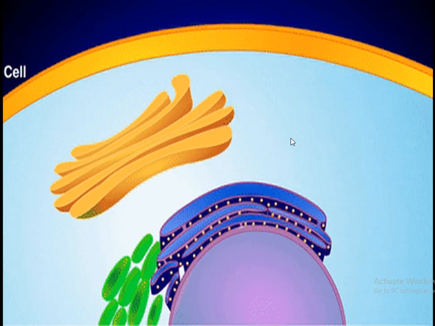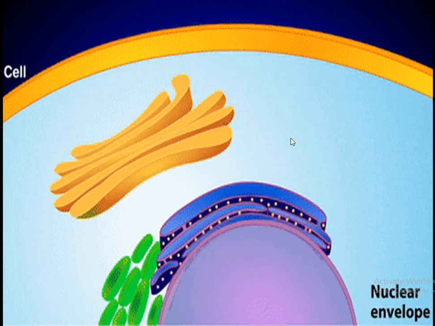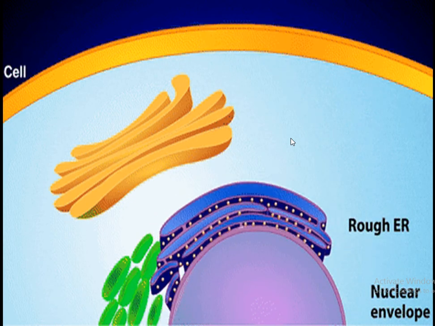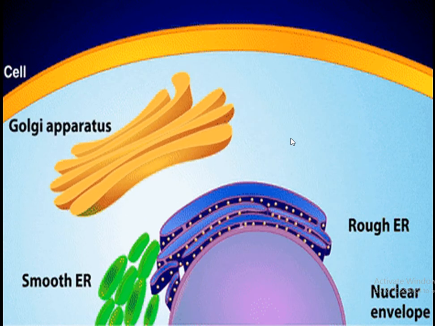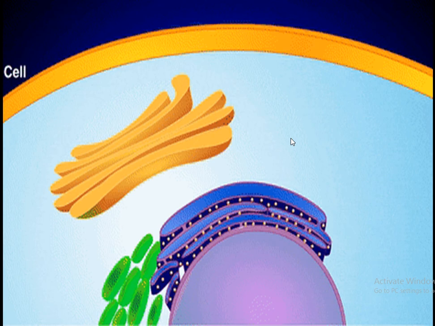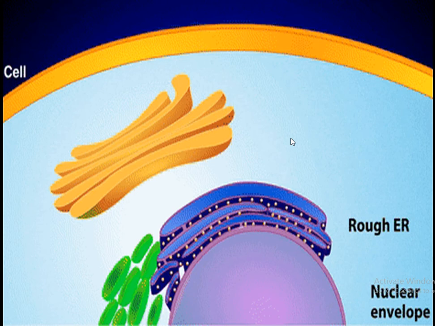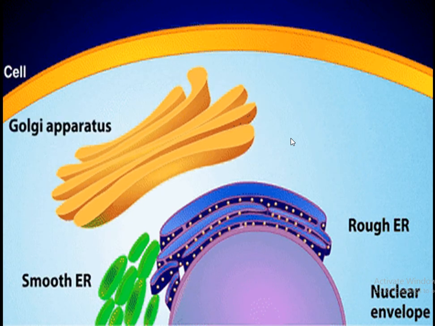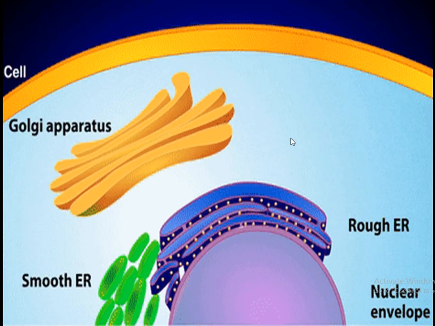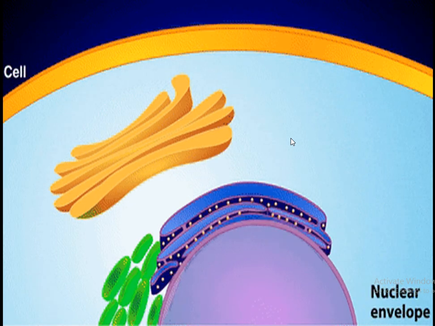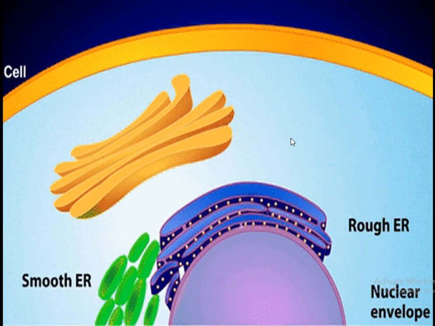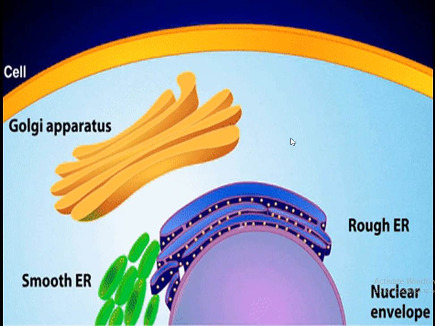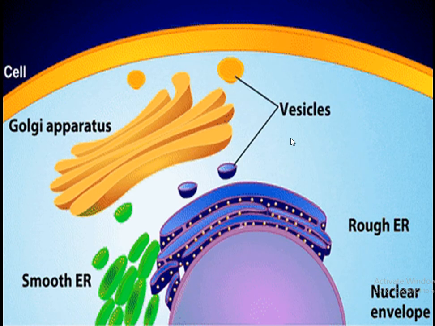In the next lecture, we will discuss the details of all these structures. So, with this brief introduction to the cell and its organelles, we complete our first lecture, and in the next we will discuss one by one all these cell organelles, starting from the cell membrane and going towards the nucleus, and we will not only discuss the structure of these cell organelles but also their functions.